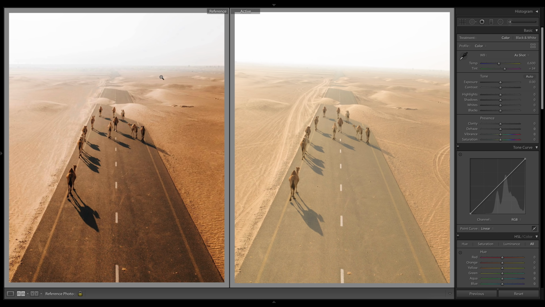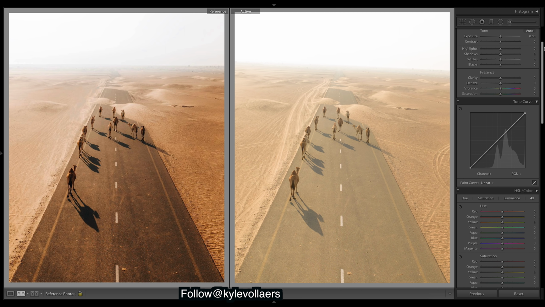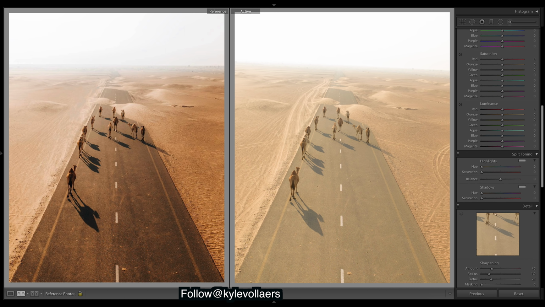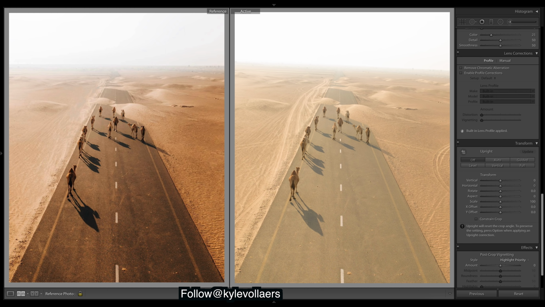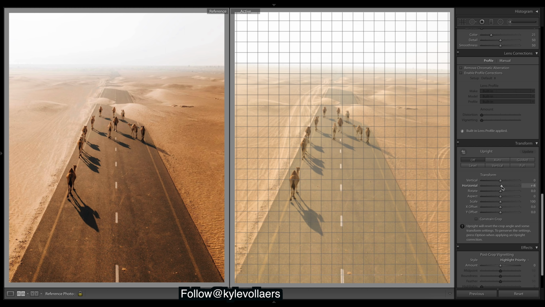Let's get into Lightroom, see what we can do. Over here we have the edited photo from his Instagram and the raw unedited file over here. So first thing I want to do is straighten the horizon. It's pretty off there. So I'm going to do it down here and just shift the horizon like that,